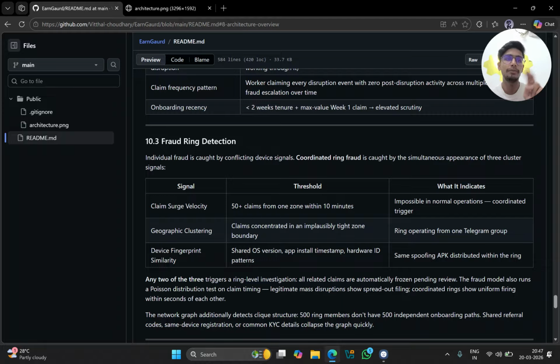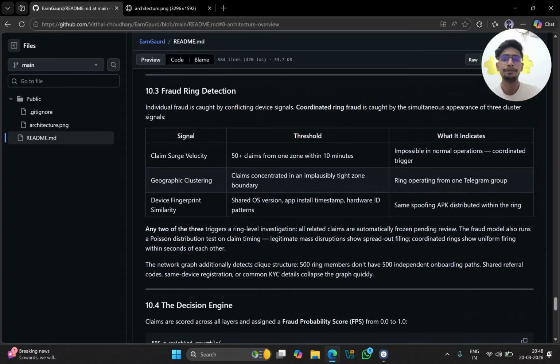The persona we have chosen is quick commerce, right? For quick commerce, there's a limited boundary around the dark store. There is a dark store and there will be a 4 to 5 kilometer radius, and only the riders will be in that. If a rider is making a claim for some other location which he has never been a part of, which he has never delivered to, and he's just making a claim to get some money, that will be a red flag. That will be checked properly and get escalated to human review, as I showed in the architecture.